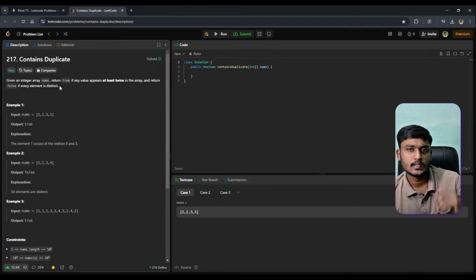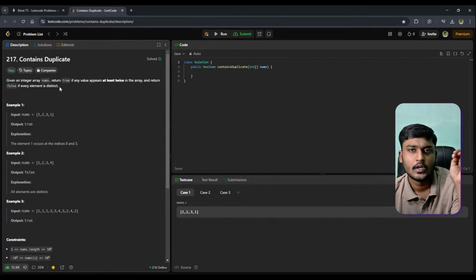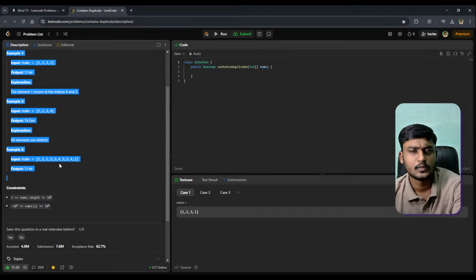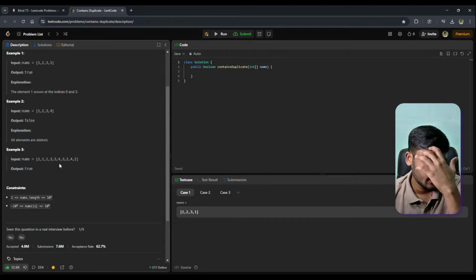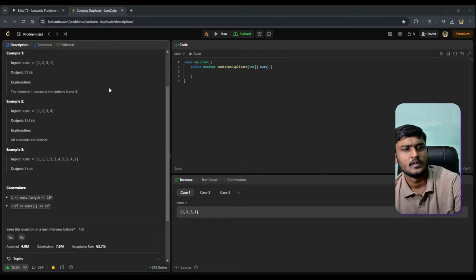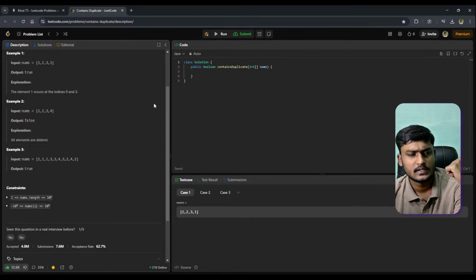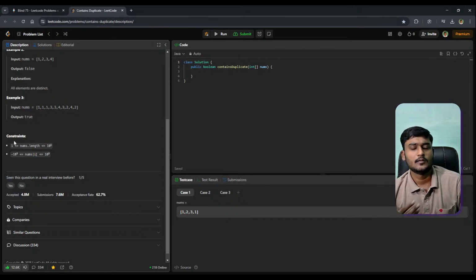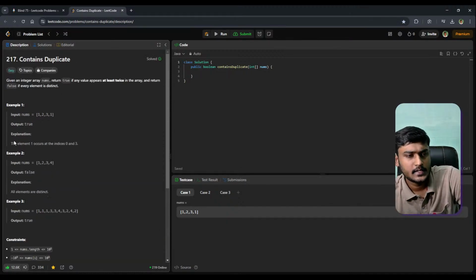We have to ask ourselves, what are the examples, and what are the edge cases? Edge cases are basically examples that will test the end result. So examples, edge cases, and constraints. While solving this problem, I'll get to the constraints part.